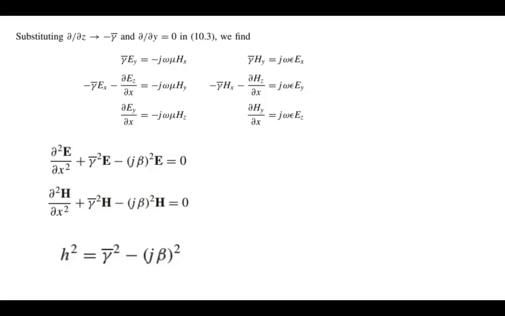Alright, so in the previous video we started discussing the idea of waveguides, and the way the problem is set up is we had in the x direction a bottom plate and a top plate. The bottom plate was sitting at x equals 0 and the top plate sitting at x equals a. We set this up so that the wave propagated in the z direction, and we defined the propagation constant as